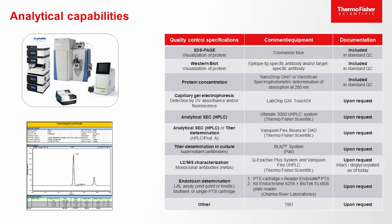And to support that, we also have a full set of analytical capabilities. This is really so that we can provide you any characterization information that you need with regard to what we're sending you. So we have a number of things that are included, like SDS-PAGE and Western blotting. We can measure, and as I mentioned, normalize for protein concentration. In addition to providing preparative size-exclusion chromatography, we can do analytical size-exclusion chromatography. So if you do need to see that your protein of interest is in a certain monomeric or multimeric state,